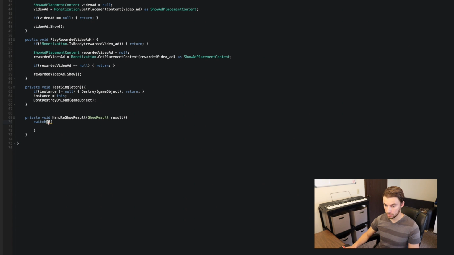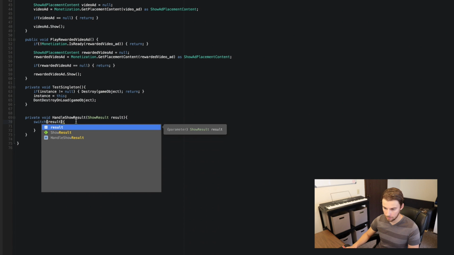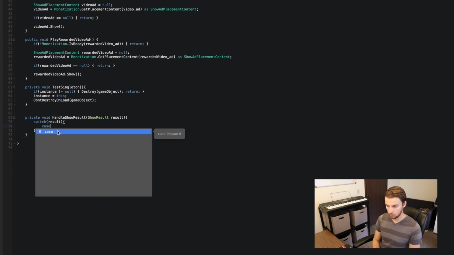And it's going to be looking at this parameter. So it is result, type that in. And then the first case we want to look at, because show result is an enum, an enumerator from the monetization package that we've installed earlier. So you're just going to want to take a look at the three cases of the enum, which are case